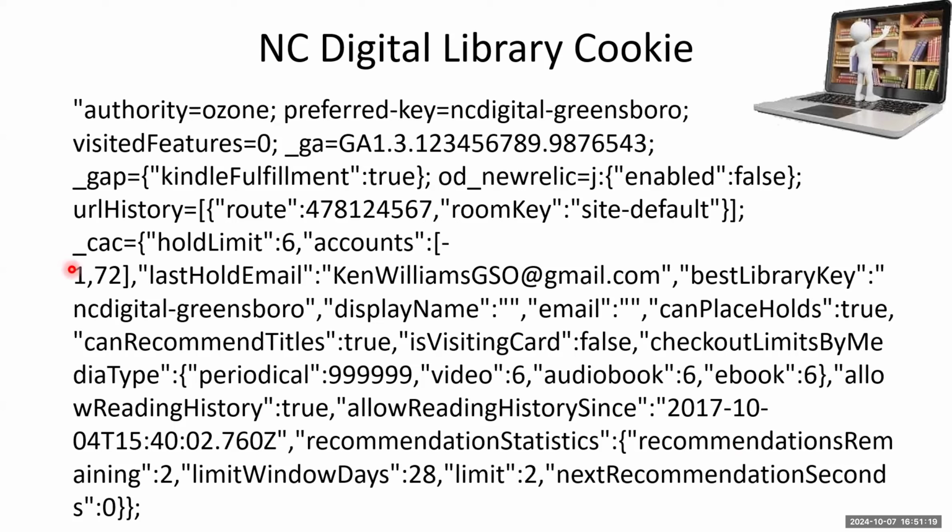Look, this is a long cookie. It's got all sorts of information. It's got my email address in there. I think it's got my name. It's got where I am. And what I always like, it has checkout limits by media, and then has this. It says ebooks, I can check out 6 ebooks, which makes me think, if I wanted to check out more than 6 books, which I rarely do, can I up this number to 8 or 10 so I can check out more? Also, the limit, how long can you check out books? If I want to check it out for a couple months, can I update that number?